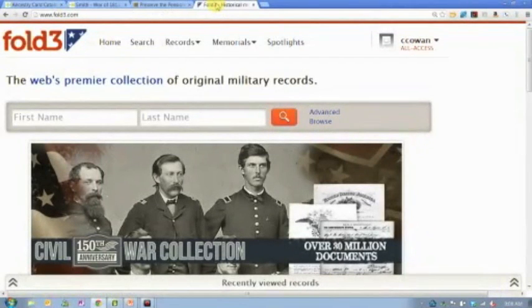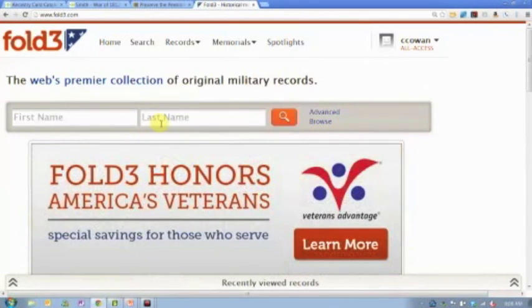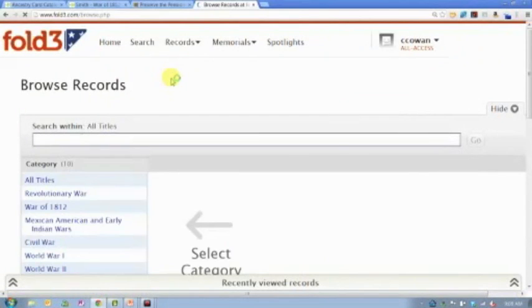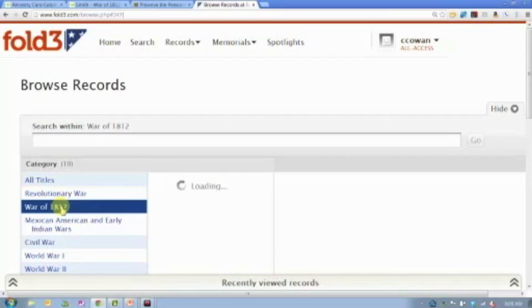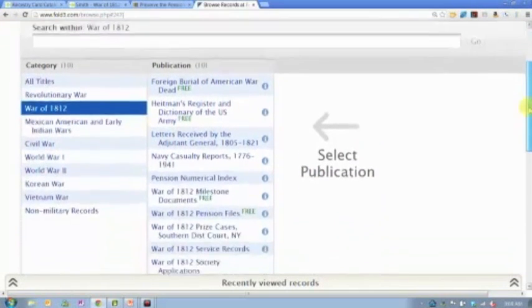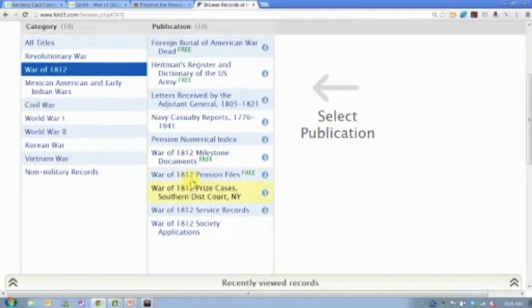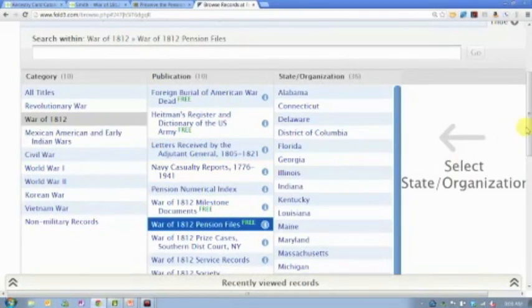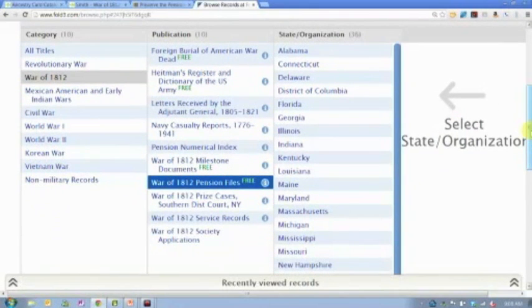Again, you just go to fold3.com, and you can do a search for an ancestor that way, or you can click on Browse Records here, which is kind of like the card catalog on Ancestry.com. You'll see a category here for the War of 1812, and then you just scroll down until you see War of 1812 pension files. You see the little free notation there. So I'm going to click on War of 1812 pension files, and then you'll see here that they're organized by